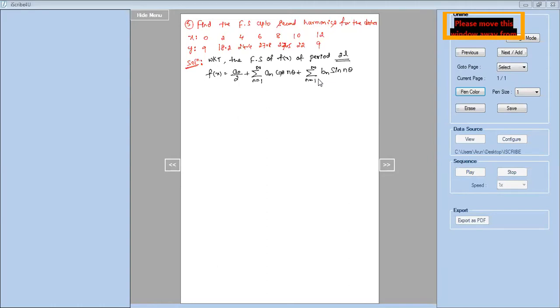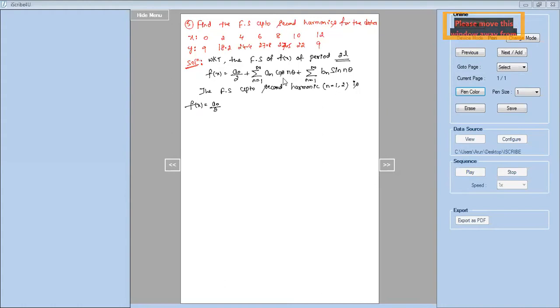So what do we want here? We want a Fourier series up to second harmonics. So let us expand this series up to second harmonics now. Second harmonic means n will take two values, 1 and 2. So f of x equals a naught by 2 plus, with n as 1 and 2,